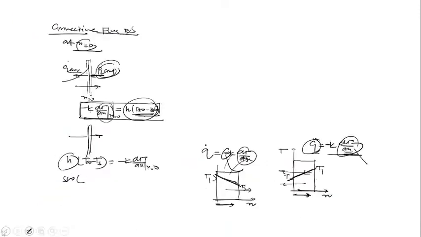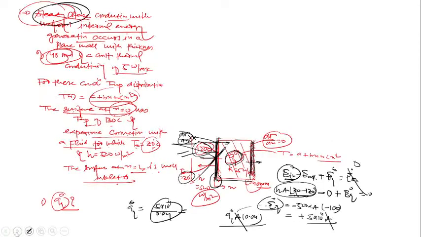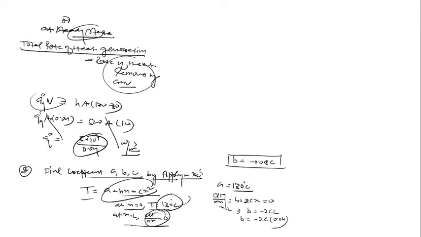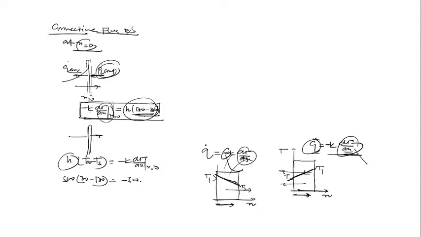How much T infinite is there? If you see how much T infinite, 30 minus 130 is equal to minus k is 500, and dt upon dx at x equal to 0 is how much? If you see dt upon dx at x equal to 0, dt upon dx is equal to b. How much b is there? So b is 500 into 100 upon minus 500. Let's cancel out. B is equal to minus